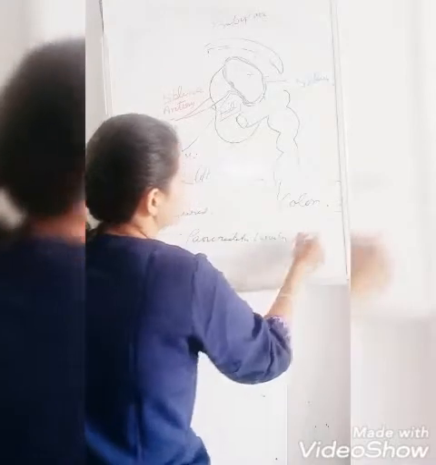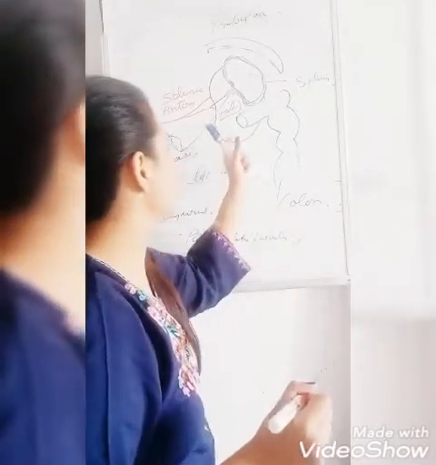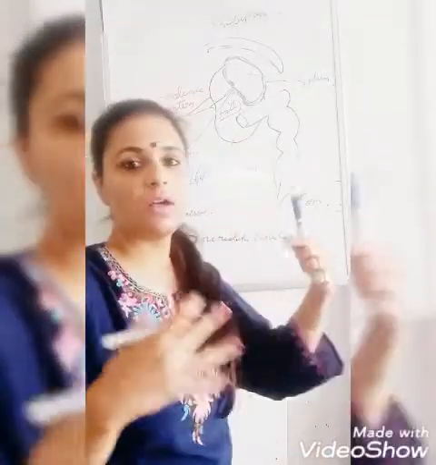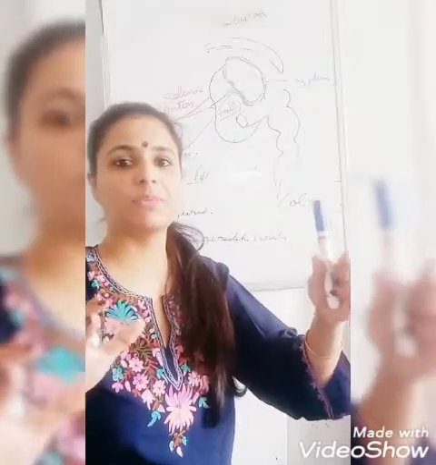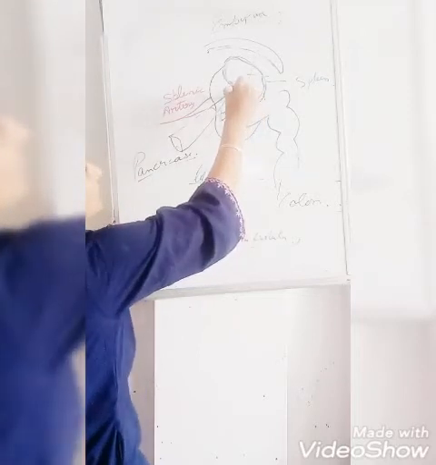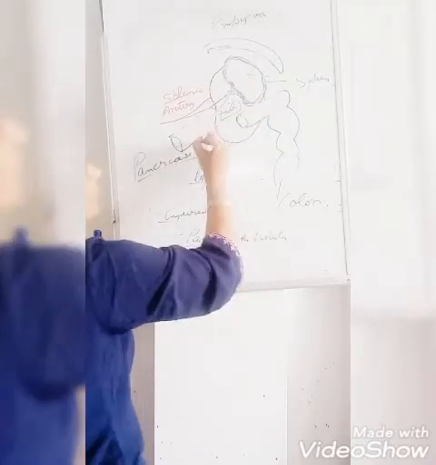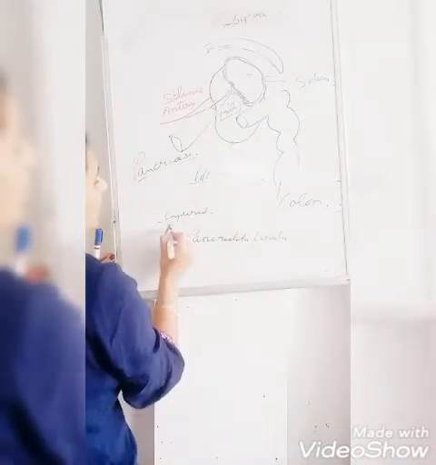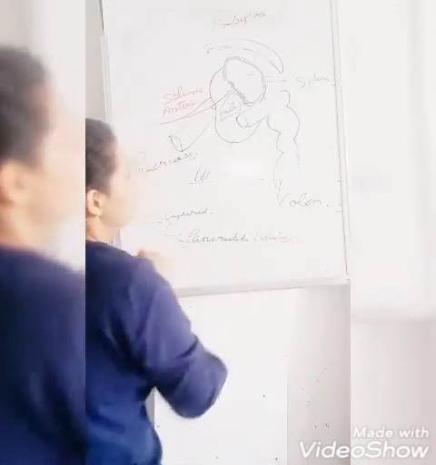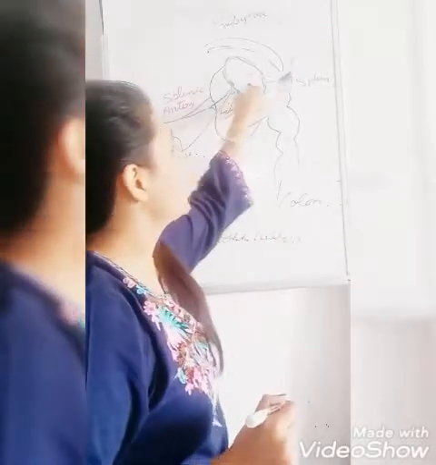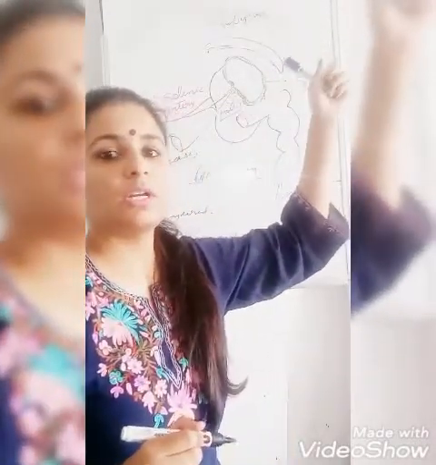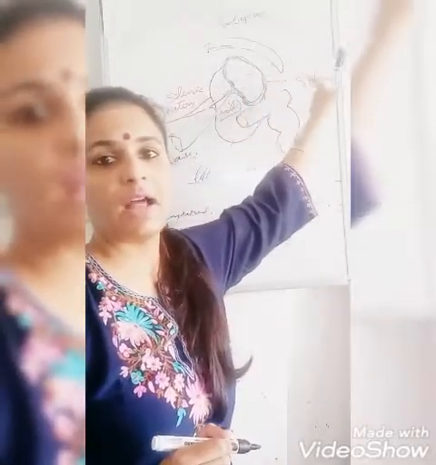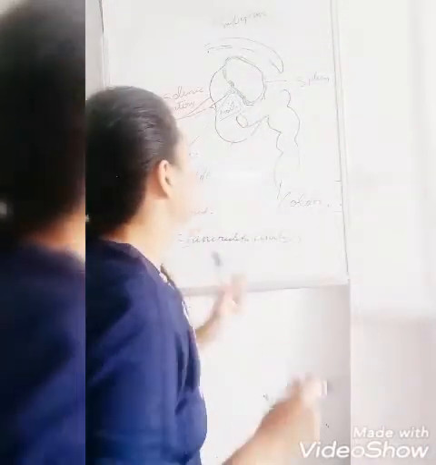So the operation should be done very carefully while removing the spleen during splenectomy, because the hilum of the spleen is in contact with the tail of the pancreas. So it can cause injury to the tail of the pancreas and cause a pancreatic fistula. And also a splenic abscess rupturing through the undersurface of the diaphragm can cause empyema. So this you should know.